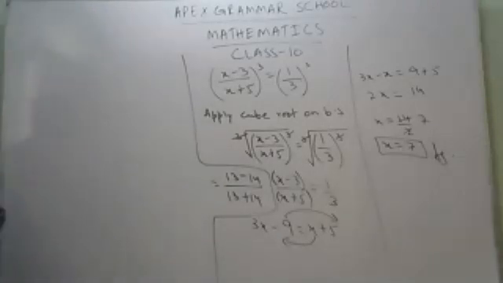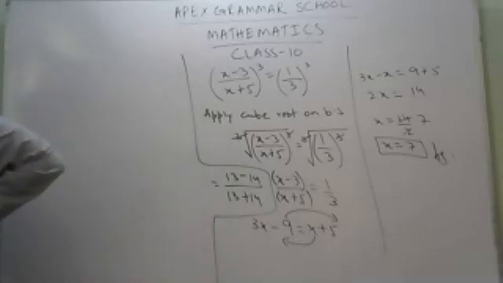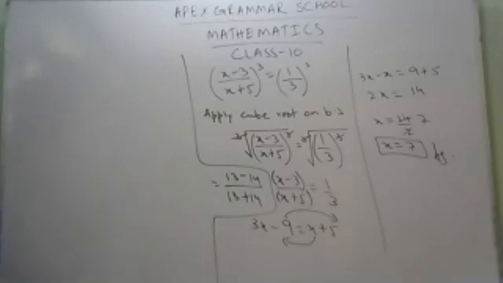Now for the next exercise, exercise 3.5, we need to review some things. The first thing is, what about joint variation? So for joint variation,